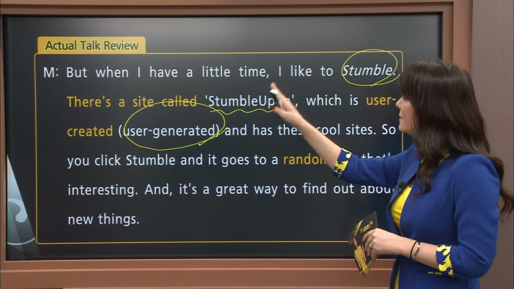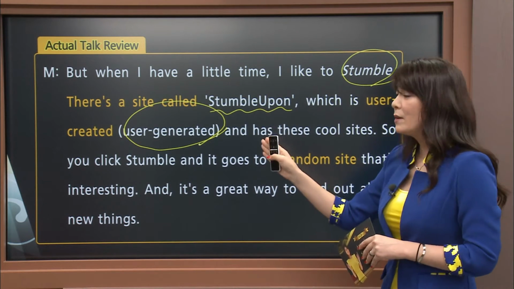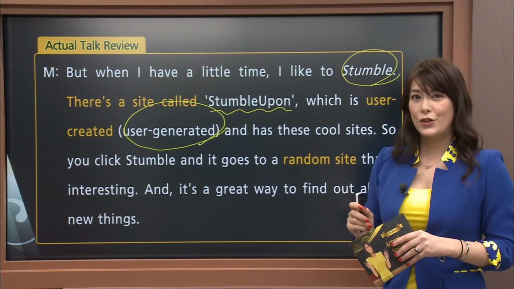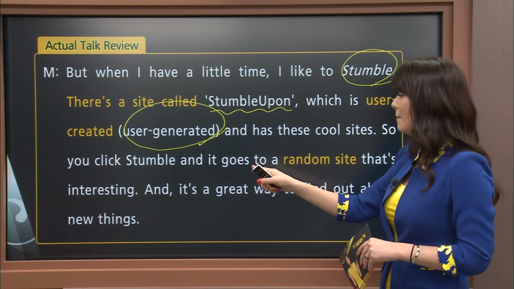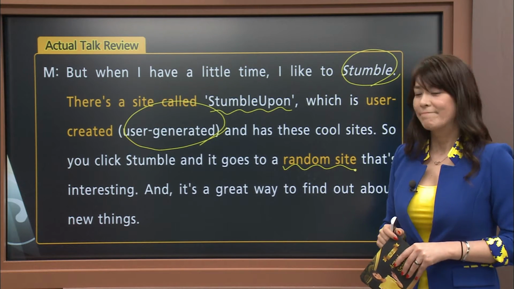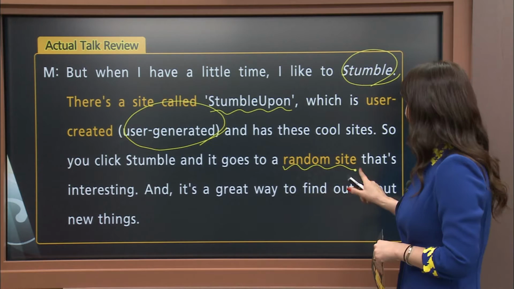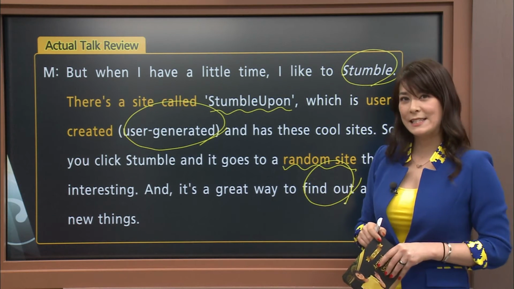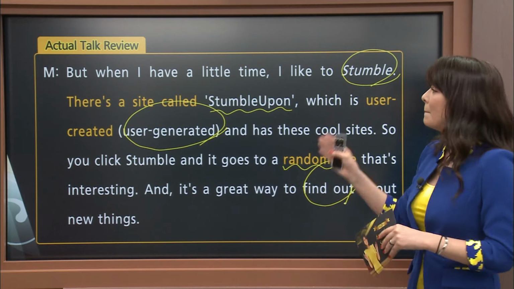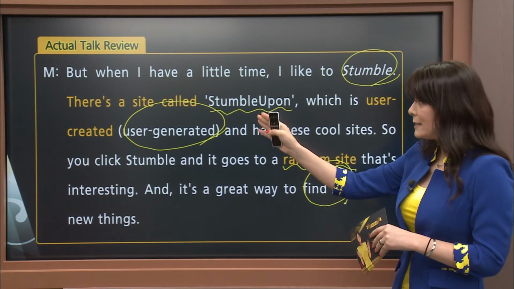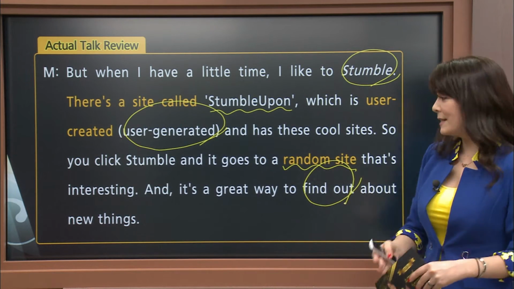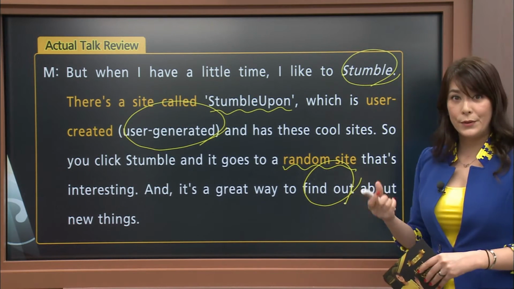So now this site is user-created or user-generated and has these cool sites. So what you can do is you can click Stumble and it goes to a random site that's very interesting. It's a great way to find out about new things. So yeah, oftentimes you do some search on the web, but Peter is talking about a site called Stumble Upon that he visits on a regular basis to what? Find out about new things.